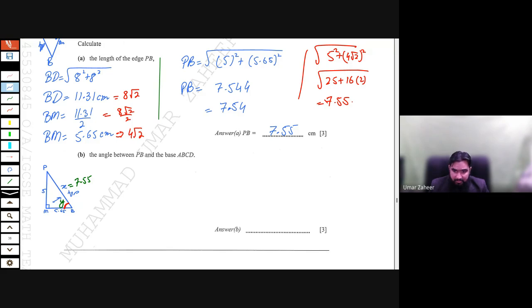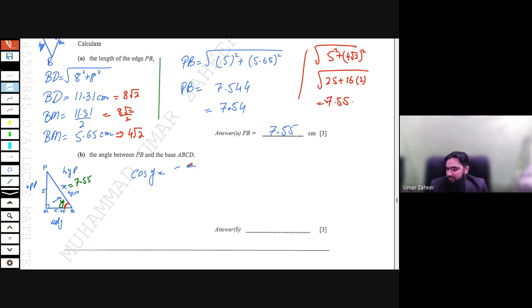Sine, cosine, or tan? Sir, cosine. Okay. So cosine of the angle is equal to adjacent over hypotenuse. So adjacent is 5.65